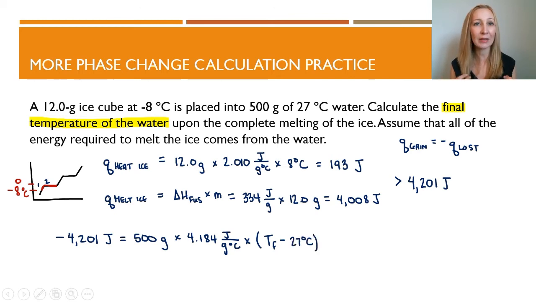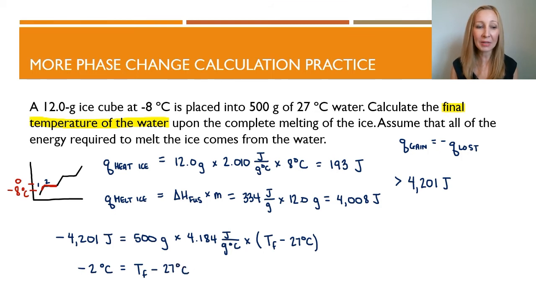Now what I'm going to do is divide both sides by 500, and then divide both sides by 4.184. And when I do that, I get -2 degrees Celsius, everything else cancels out, equals the final temperature minus 27 degrees Celsius. So if I'm solving for the final temperature, if I add 27 degrees Celsius to both sides, what I'm going to get is 25 degrees Celsius for